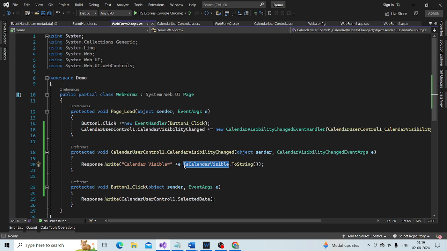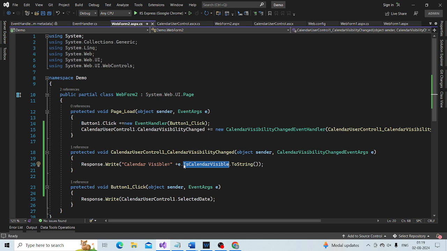Okay, so basically now it should be clear about these different moving parts that we are using within events and delegates. Once you understand these moving parts, it should be fairly straightforward.